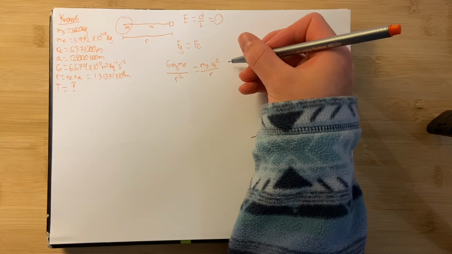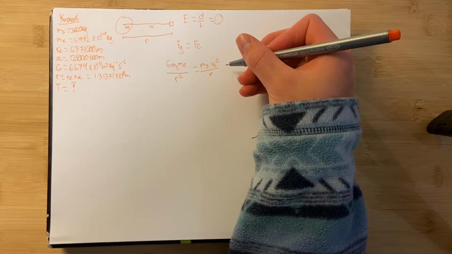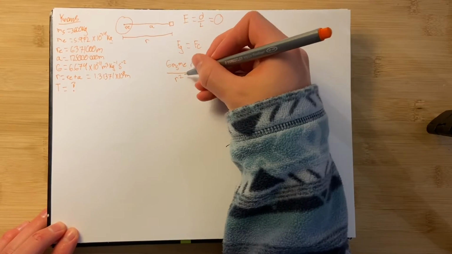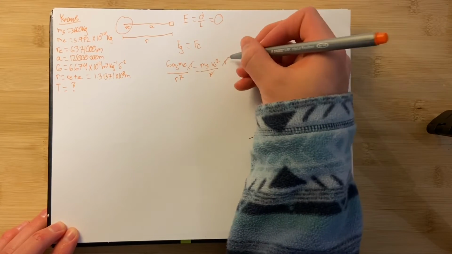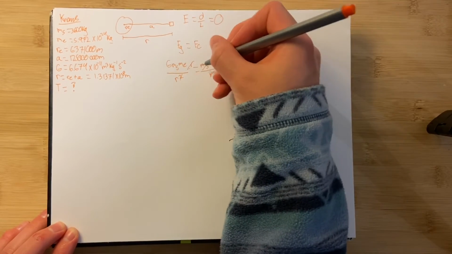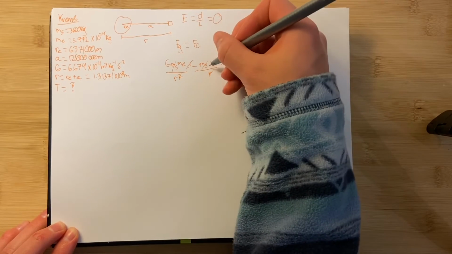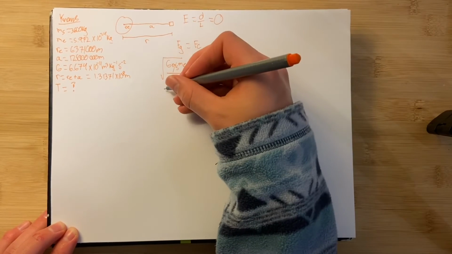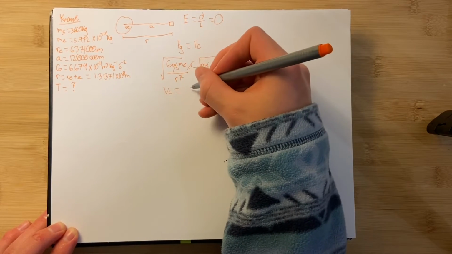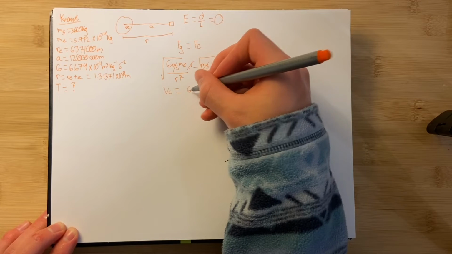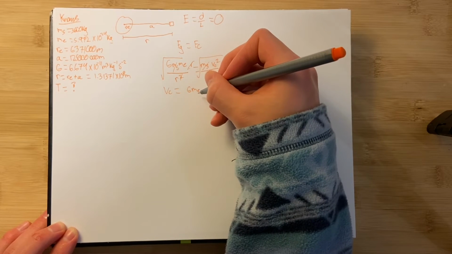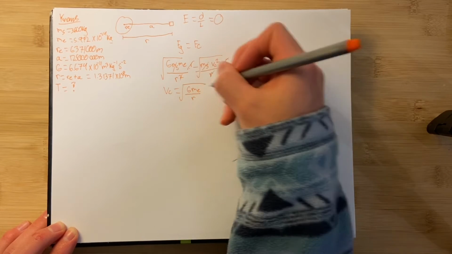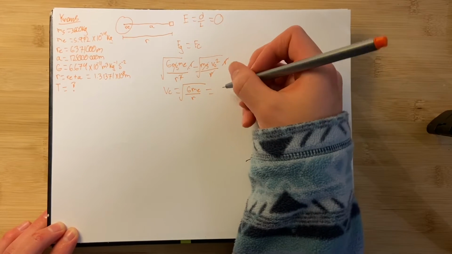Now, because we're solving for velocity, let's rearrange for velocity. So multiply by r, and I see we have the mass of the satellite on both sides, so we get rid of that. And then let's get rid of the square by taking the square root, and we are left with velocity. It's going to be equal to the square root of gravitational constant times the mass of the Earth divided by r, and that is going to be equal to